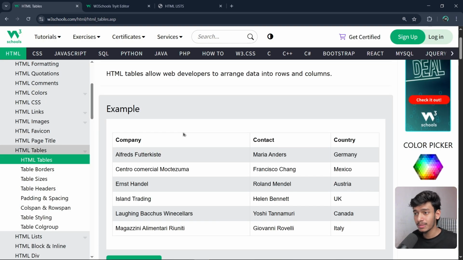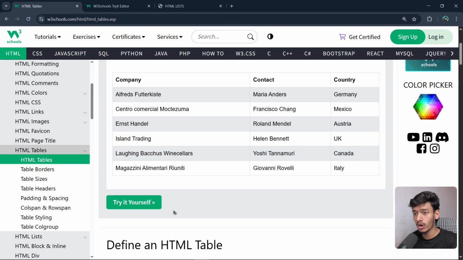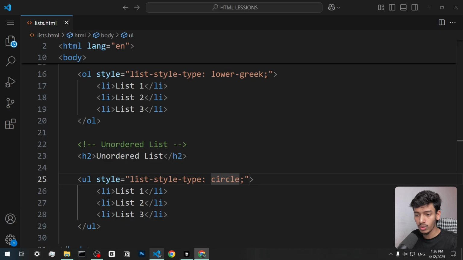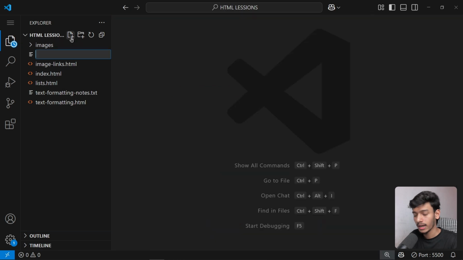Tables simply mean arranging data into rows and columns, as you can see here. First we will build our basic table, and then we will see rowspan and colspan, and then we will check colgroup and caption. First, let's start with building our basic table, and this is so easy, we just explore a new tag, nothing more. All right, so now let's jump into Visual Studio Code, and we will simply create a new file,